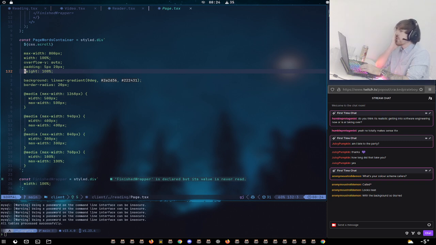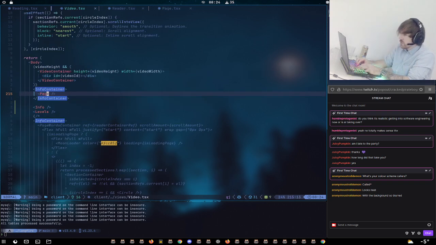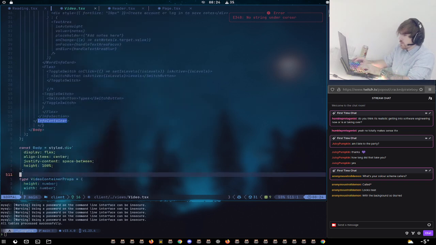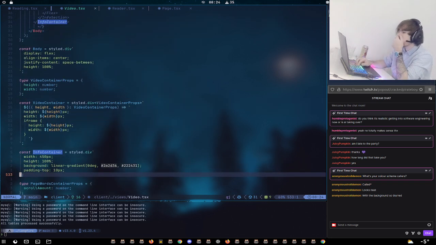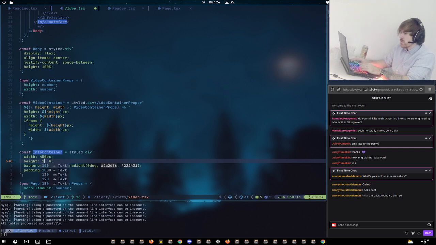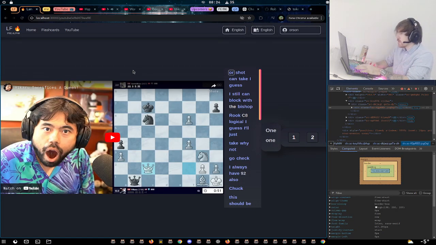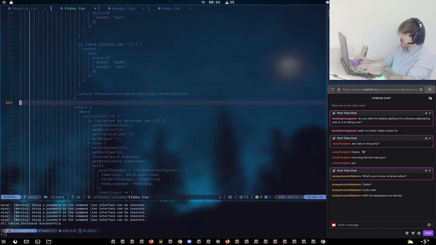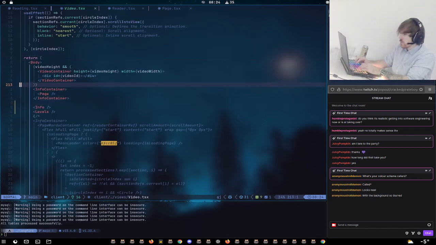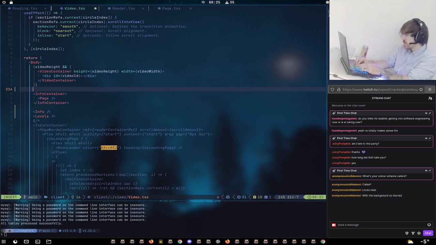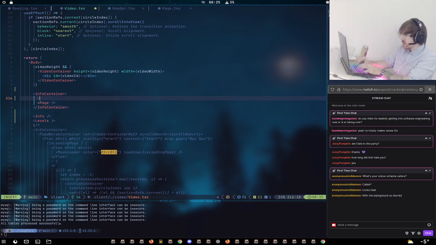Well, I mean, what we could do is not make this 100%, and that gives us room below, but it doesn't look like what is below is going to be marked up correctly. Oh, and then we put, okay, so we'd want to wrap the page in a container.